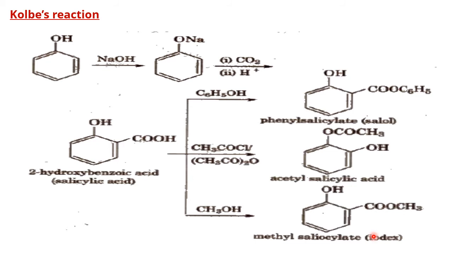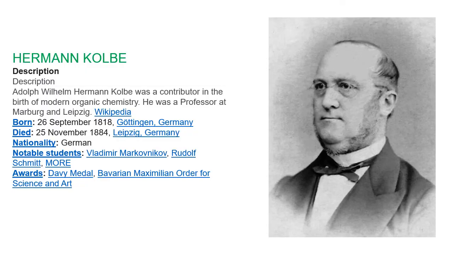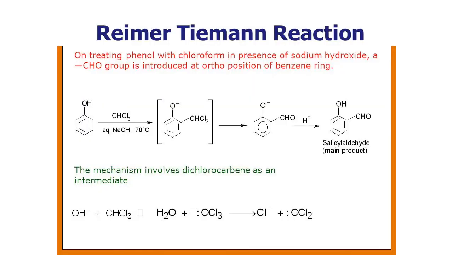Okay, so why I am saying all these is to prepare these 3 useful products. Our starting material is what? Salicylic acid. How it is prepared? Using the Kolbe's reaction. So Kolbe's reaction is very important from exam point. Many times it has occurred. So kindly go through once again and practice. And this is done by a famous German scientist Hermann Kolbe. Okay, all right. Now we'll go further.